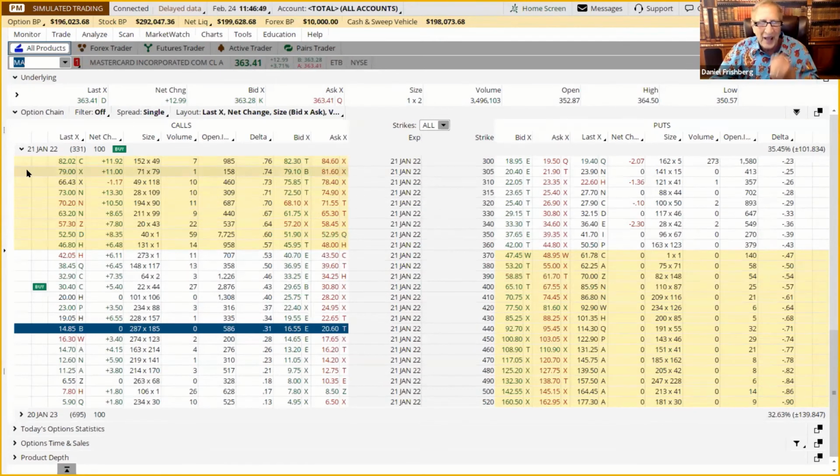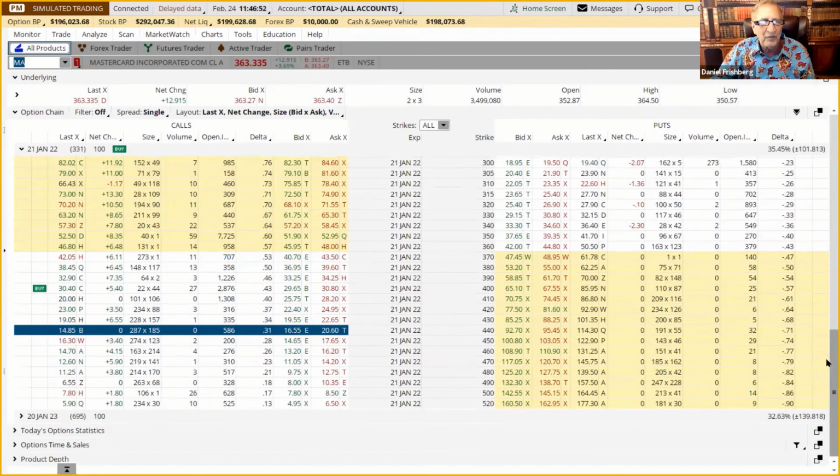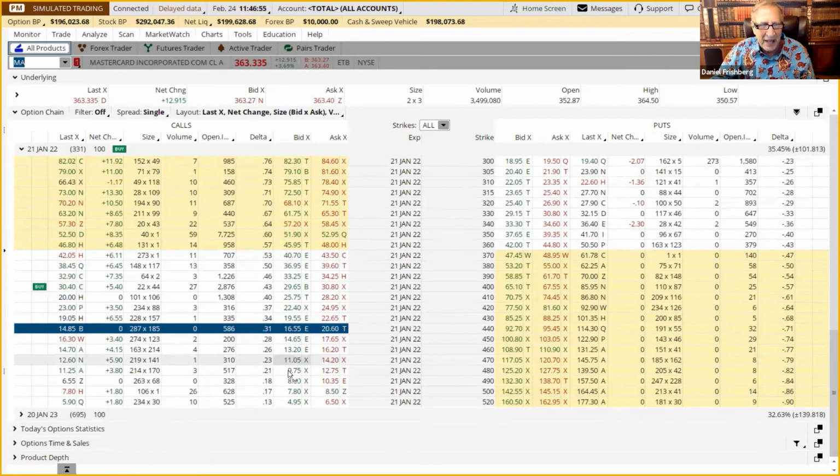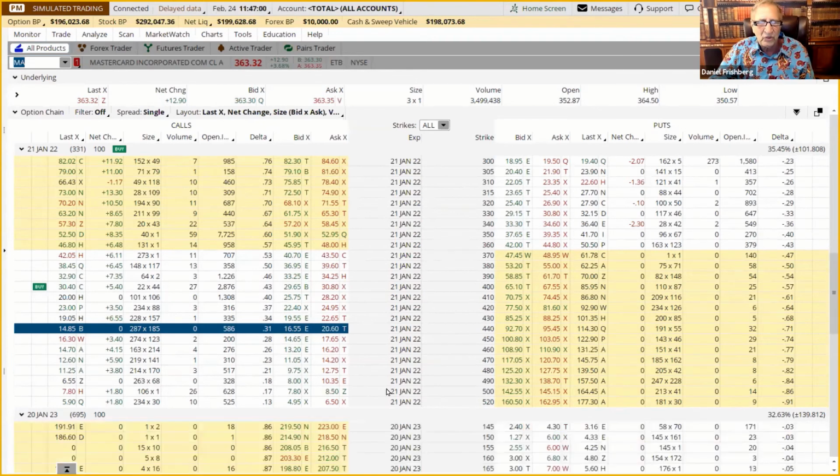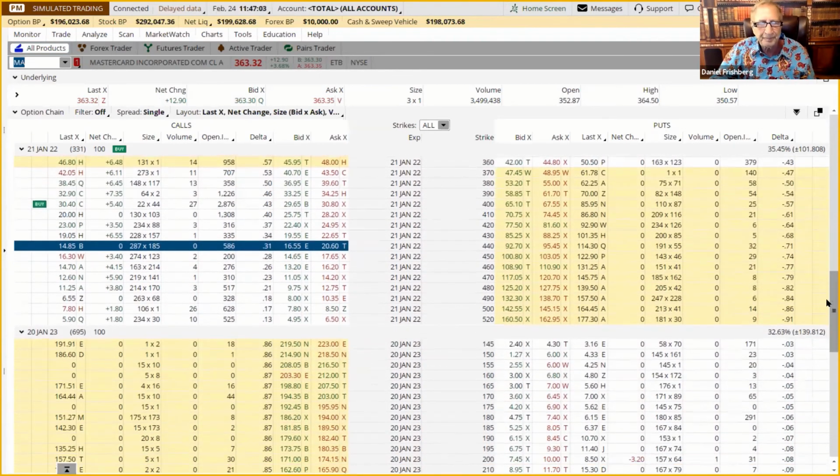If I go out to 2022, just about a year from today, I can look at this for 22, and I can look at it again for 23. As you can see, they don't have anything like the open interest that a company like Microsoft has, because people are not thinking about this, but they will be. So here we are looking at a 30 or 40 delta. And the 40 delta costs about 5% of the price of the stock.